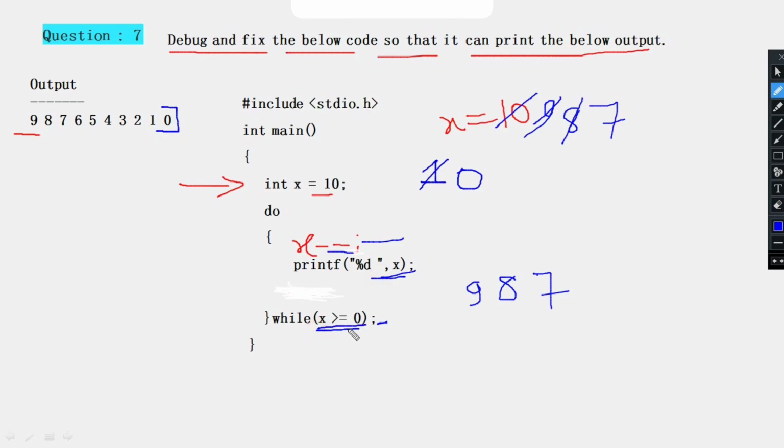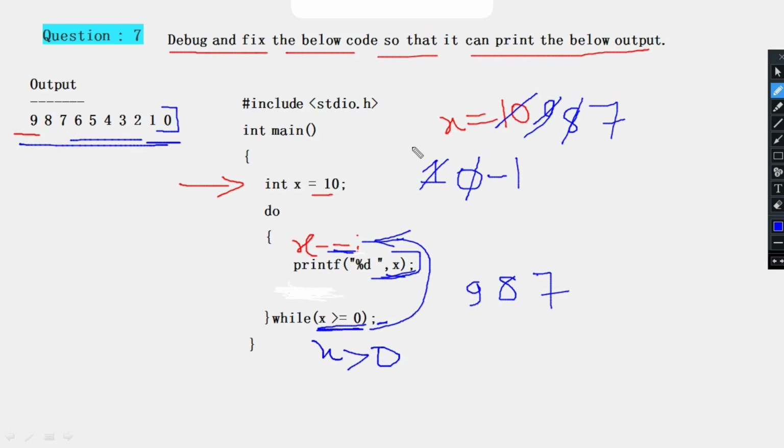Now come to this line, where it will check x greater than or equal to 0. The condition is true because 0 double equal to 0, the condition will be true. We will go up, and now from here the value of x will be decremented by 1. Initially it is 0, so it will become -1, and now -1 will also get printed. But the output is ending with 0, not -1. So what we have to do is change here to while x greater than 0. Instead of x greater than or equal to 0, we write while x greater than 0, then we will get this desired output.